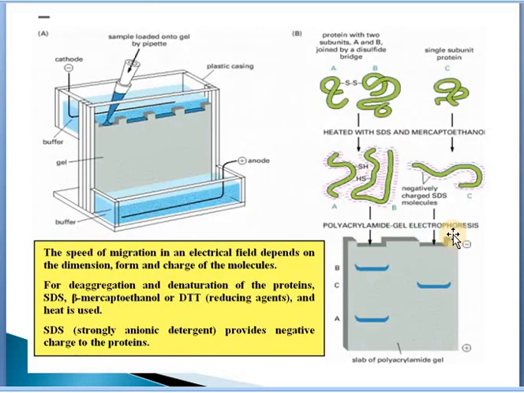In this case, what happens while treating the sample with the SDS compound? When you take a protein as such, look at this image, there are two proteins in this. One is the AB complex, another one is C. The first protein is made by two subunits, A chain and B chain. The A chain and B chain are linked through a disulfide linkage, whereas the C protein is a single polypeptide chain